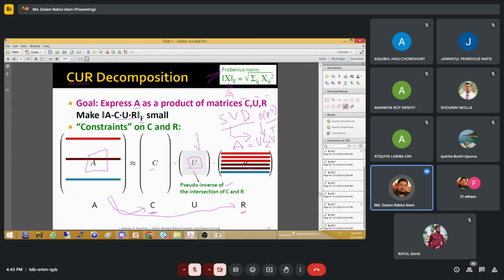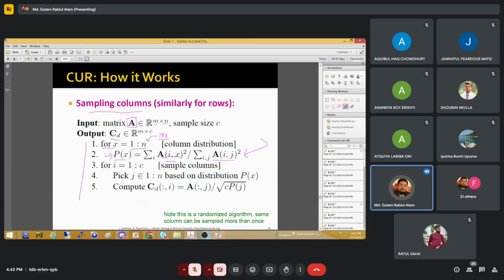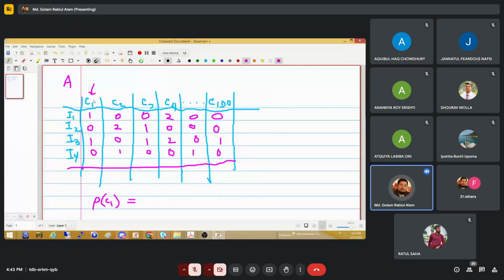So for C1, the first element is 1, so 1 square, plus the next one is 0, so 0 square, plus again 1 square, and then 0 square. The summation of all these, and then we take the square root of it,